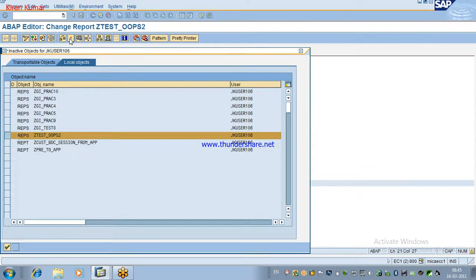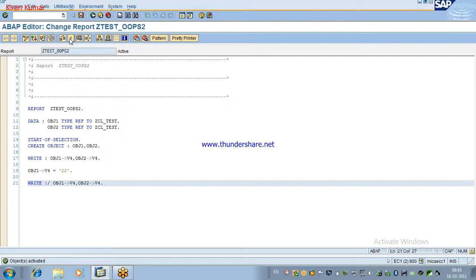Then also 40 40. The 22 value will not be assigned to V4, sir. Why? It's static, it should be a constant value, sir. No, don't assume like that. Static means not a constant. You can change the value also.